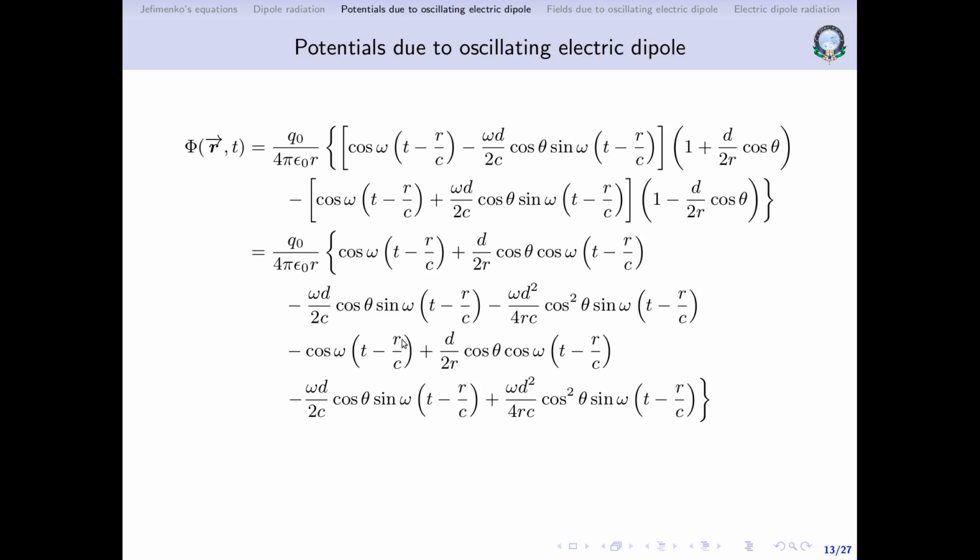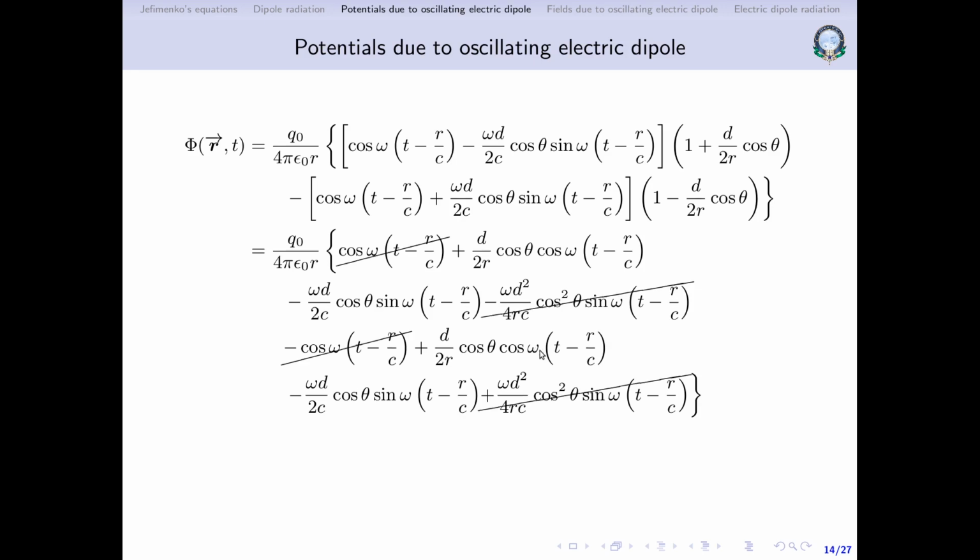Okay, so this is what we have. Of course outside we have q naught by 4 pi epsilon naught. So this is what we got over here. Now 4 of these terms will of course cancel out, because this cancels out this one and this cancels out this. So out of 8 terms, 4 terms get cancelled, which leaves us with only 4 terms, and out of these 4 terms, 2 terms each are identical. This is identical to this, and this is identical to this.